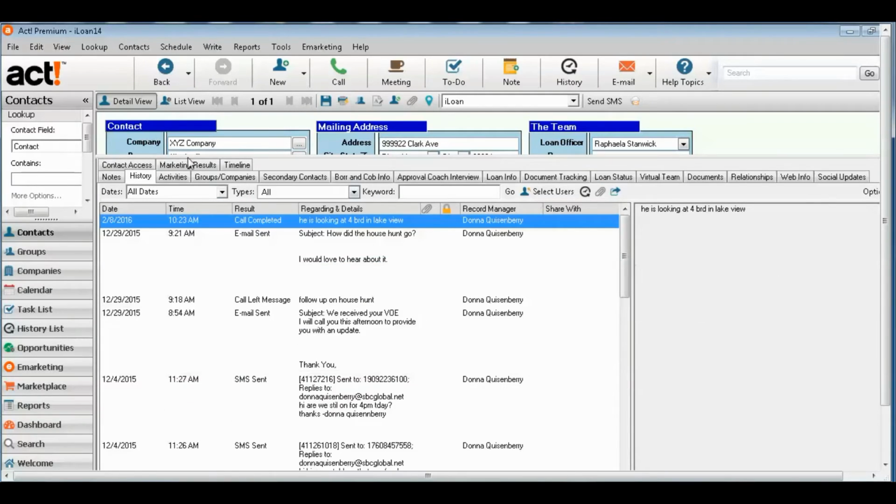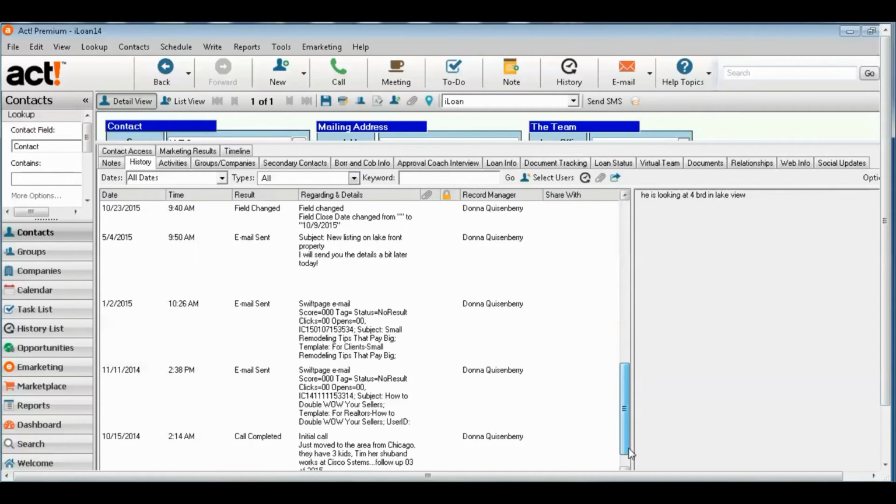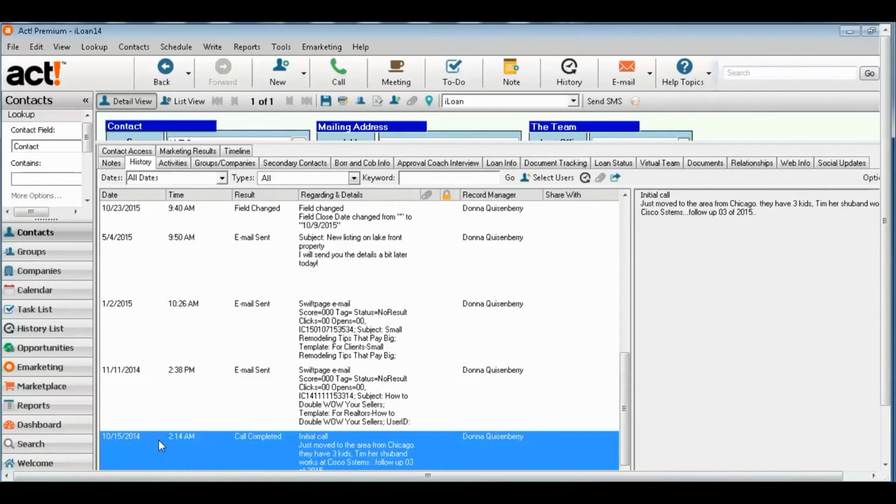One thing I do want to pull up is the history, so that I can show you one of the most immediate big payoffs of ACT, which is centralizing your information and collaborating with your team and your customers and strategic partners. So in history, if I scroll down, I'm going to see everything that has been done with or for this customer. If I go down here to October of 2014, that was the initial call to this person. Here's some notes about what we